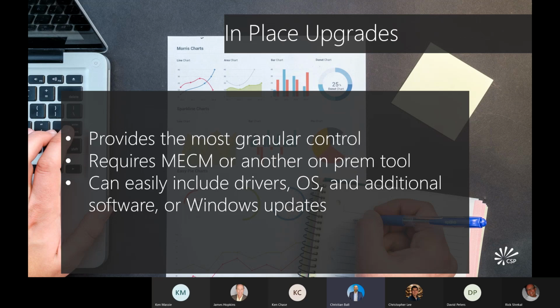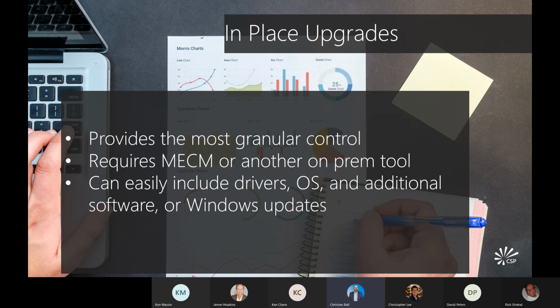The other issue, or I wouldn't even call it an issue, the other challenge that I've seen businesses run into is they get behind in feature builds. So someone may be on 1809, for example, and they need to go to a more supported version. Well, the only way to do that, once you get behind in those builds, you have two options. You can do an in-place upgrade, which is a one-time upgrade, a one-time inconvenience to your users, or